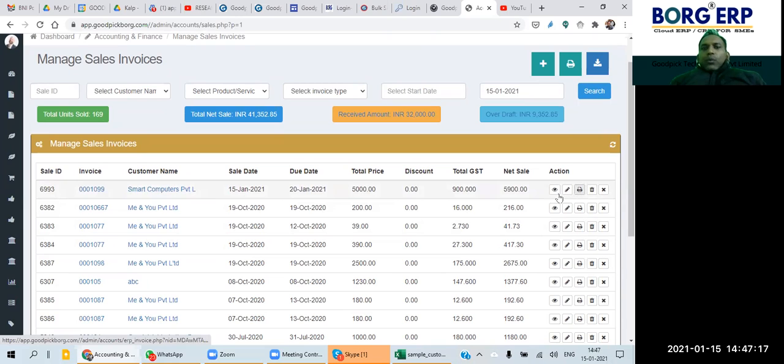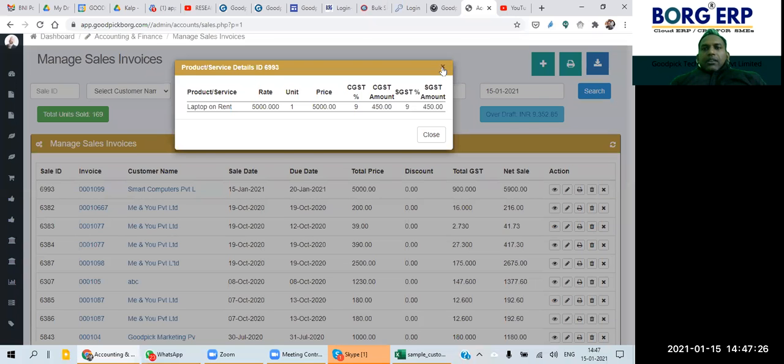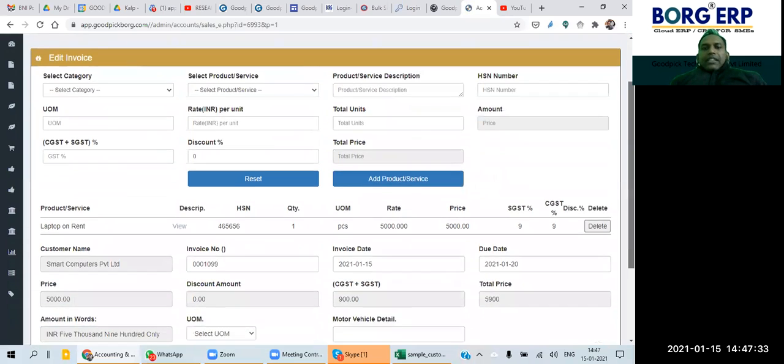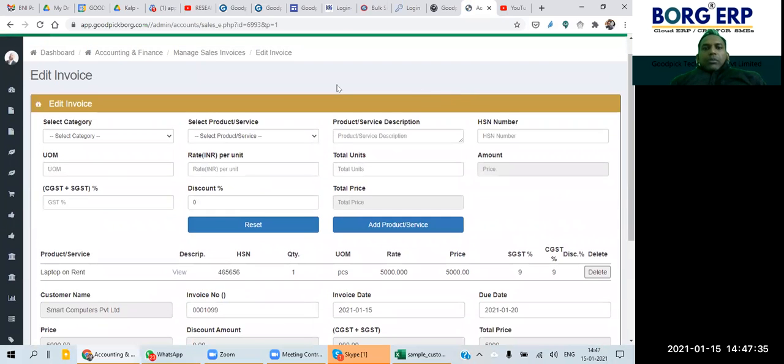You can see here this is an actions button. If we click on the view button, we can see more details over here. And then the next one is edit. If we want to make any changes in the invoice, we can change, but we can't change each and every value.